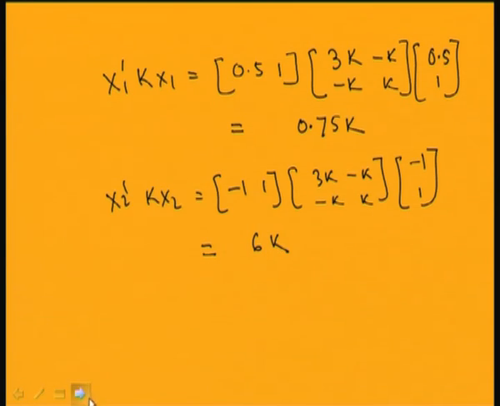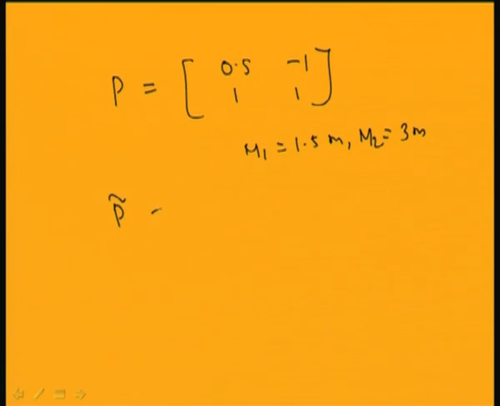So, this P weighted modal matrix, you already know the modal matrix P. So, P equal to [0.5, 1; -1, 1], and m1 equal to 1.5 m and m2 equal to 3 m. So, the P weighted modal matrix will be equal to, the first column divided by square root of m1 and the second column divided by square root of m2. So, the P weighted modal matrix will be 0.5 by root over 1.5 m, and this is 1.5 m and this is 1 by root over 1.5 m,